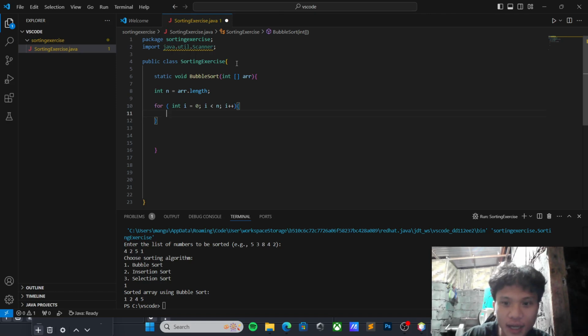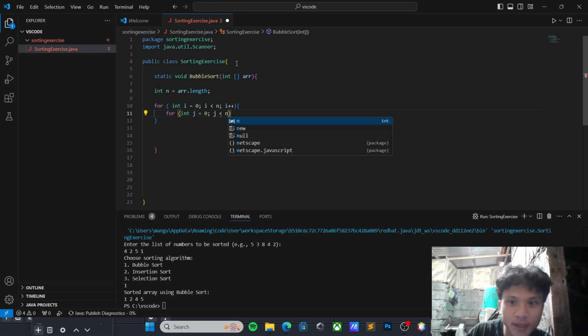So next is the inner loop. So for, then inside the parameter is int j equal to 0, and the condition is j is less than n minus i minus 1, and j iterates.